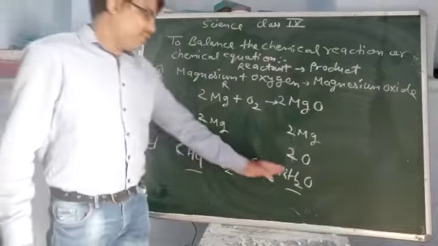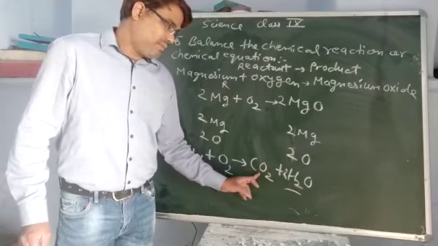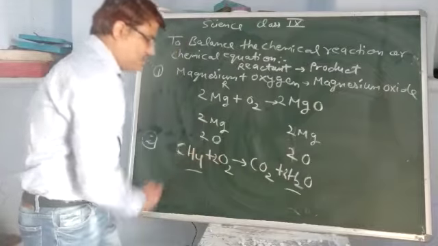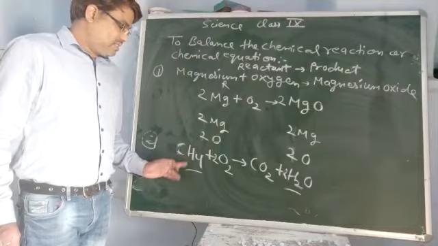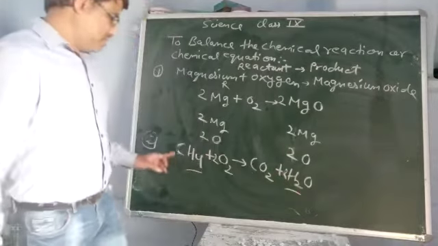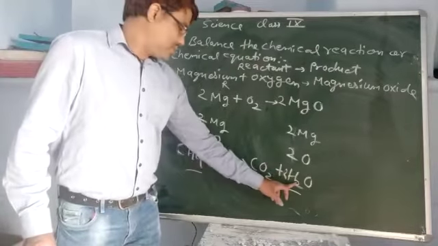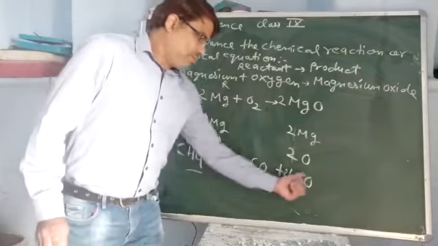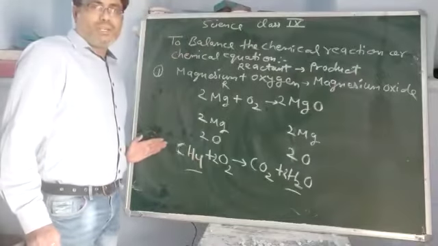But as we balanced hydrogen, if you count the oxygen atoms, there are 2 oxygen atoms here and 2 here, so 4 in total. So we have to multiply O2 by 2. Now you can see that this chemical equation is balanced: CH4 plus 2O2 gives CO2 plus 2H2. If you count the atoms, 1 carbon and 1 carbon; hydrogen 4, and 2 into 2, that is 4 hydrogen; and oxygen 2 into 2, there are 4 oxygen, and 2 plus 2, there are 4 oxygen. So now it is a balanced chemical equation.